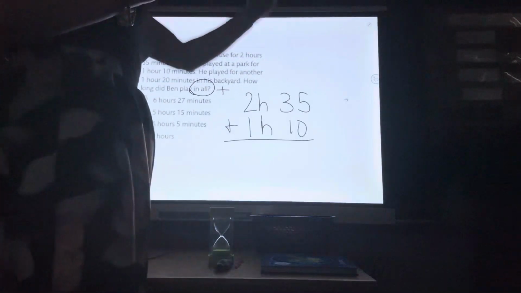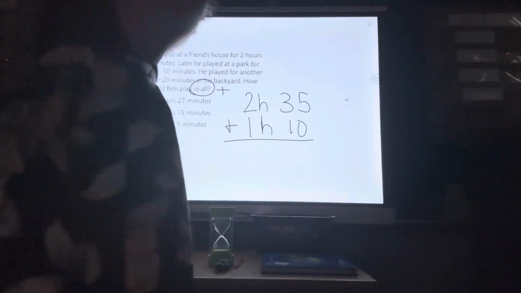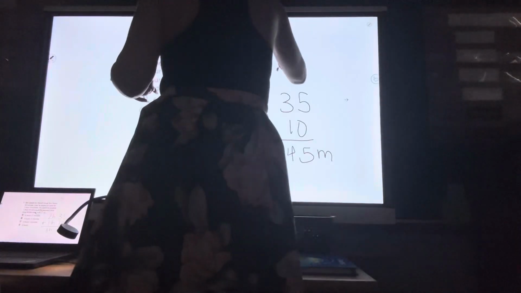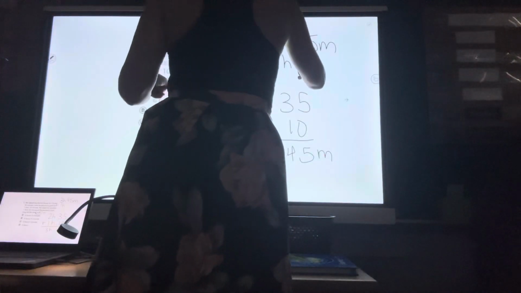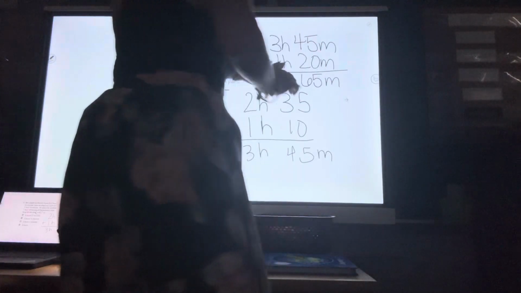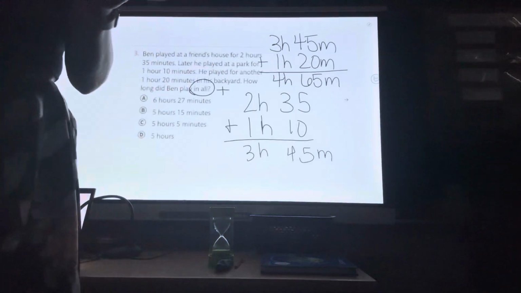Now, I like to add 2 at a time. It's just the way I add. If you added all 3 at a time, congratulations, not for me, okay? So I have now 3 hours and 45 minutes. Then I have to take that third addend, and I have 3 hours, 45 minutes, plus 1 hour and 20 minutes, which is equal to, now, if you left that, you would be correct. However,